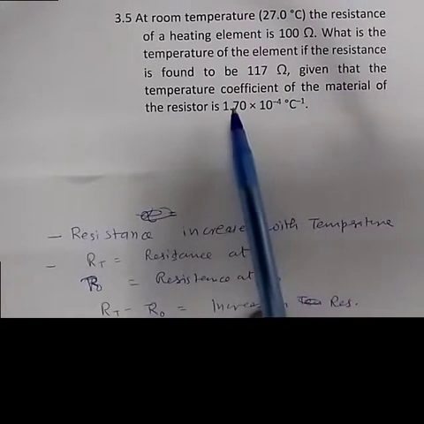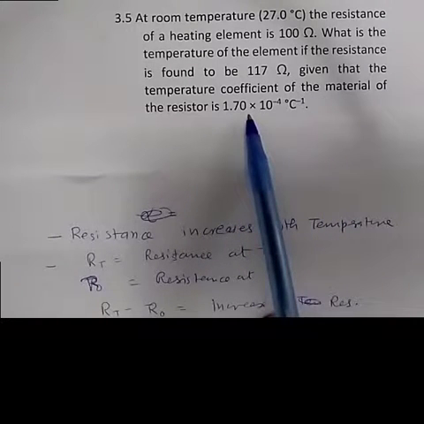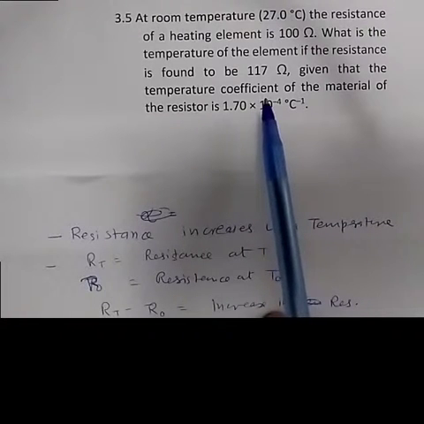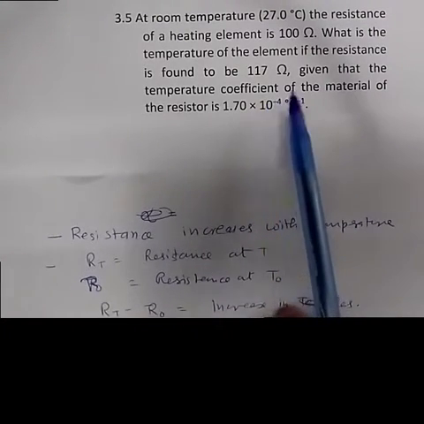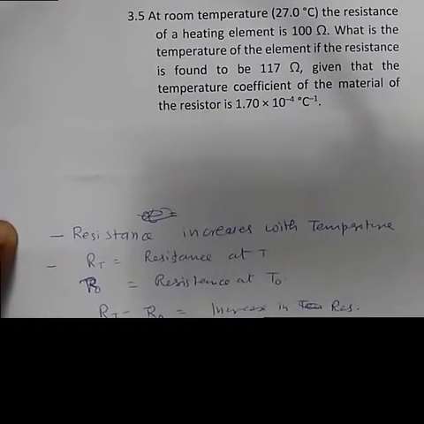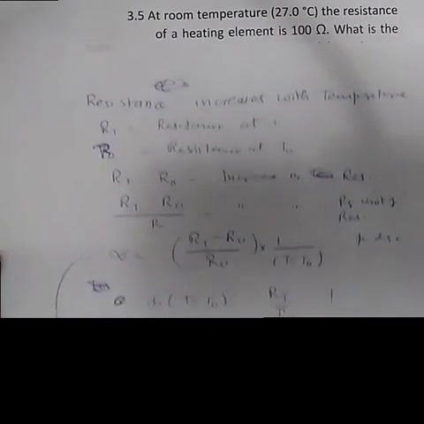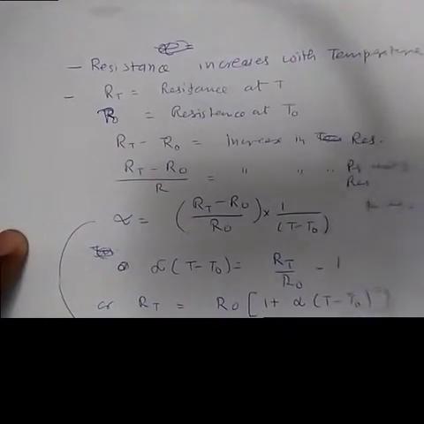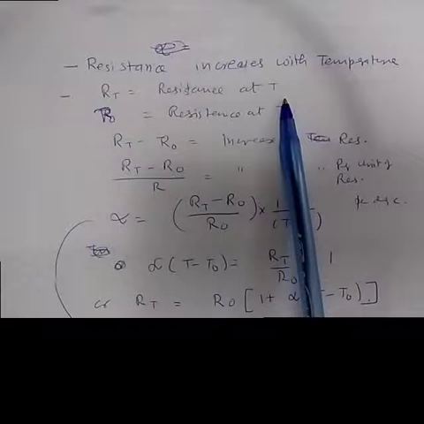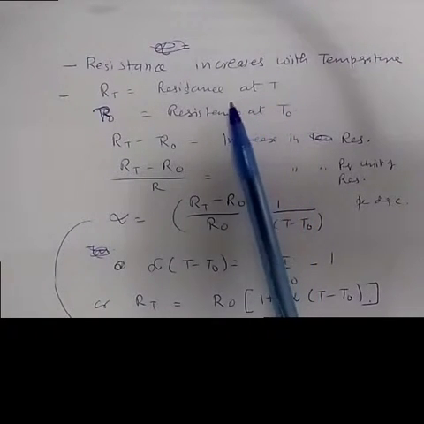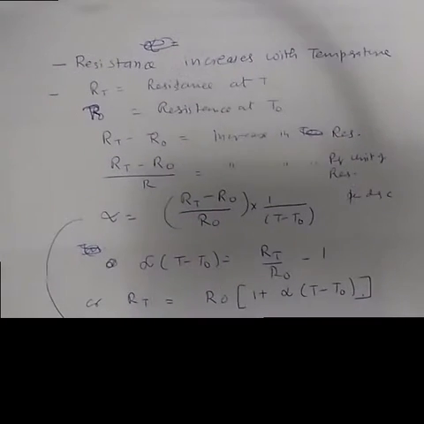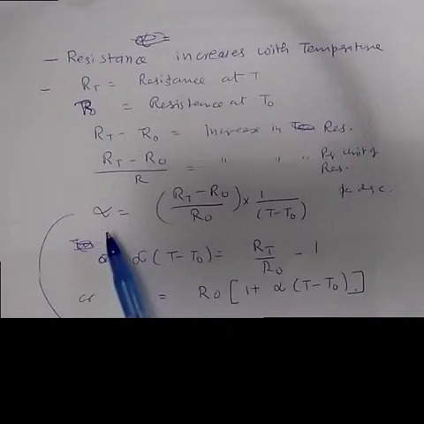And if we are given the temperature coefficient of the material, then we need to find out the temperature at which that value increases to 117 ohm. So we know that if we heat a resistor, then its temperature increases. Let us say RT is the resistance of a resistor at temperature T, and it was initially R0. We are going to write down the formula for the resistivity of the material, and we